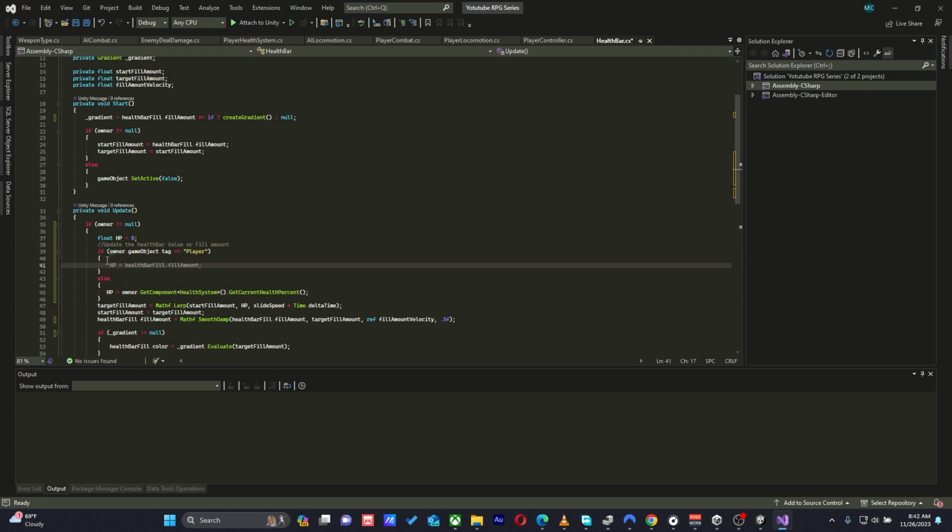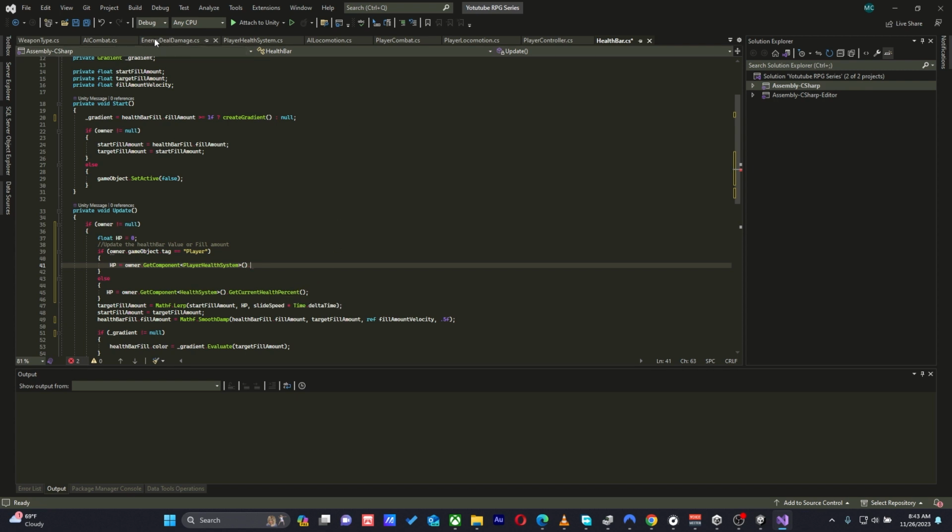So now if owner's tag is equal to player, we're gonna say HP is equal to owner.GetComponent PlayerHealthSystem. Then we're gonna say dot, we need to create this function that gets our